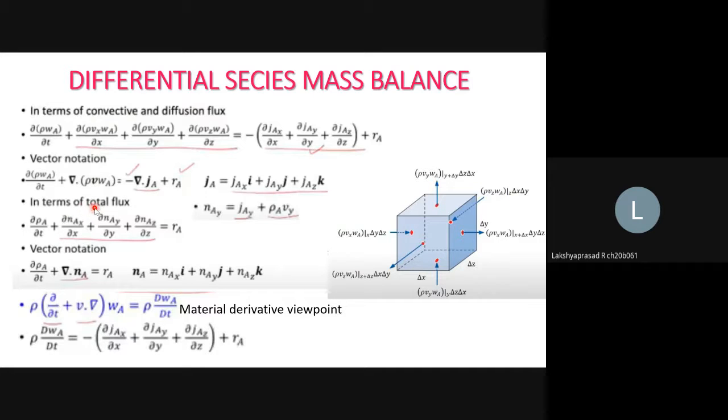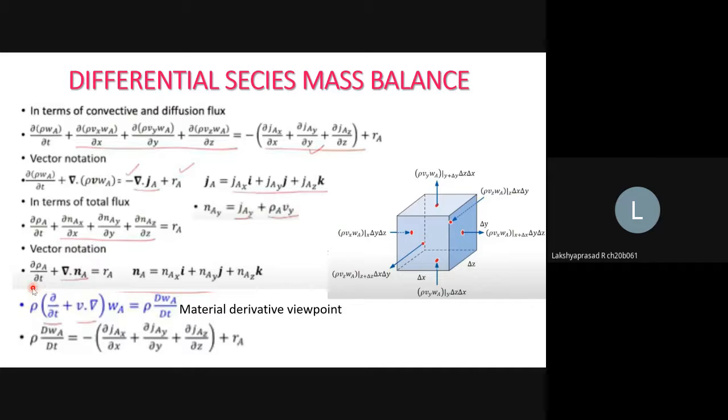In terms of total flux, that is the flux of species A in the y direction, we know NAY is equal to JY plus rho A Vy. This is something we know. This is the contribution from diffusion and then from convection. So NAY is the total flux of species A. So dou by dou t of rho WA can be written as dou by dou t of rho A. Now this diffusion term which we see over here can be taken to the LHS and simplified to get dou by dou x of NAX, plus dou by dou y of NAY, plus dou by dou z of NAZ, equal to, on the RHS, just RA.